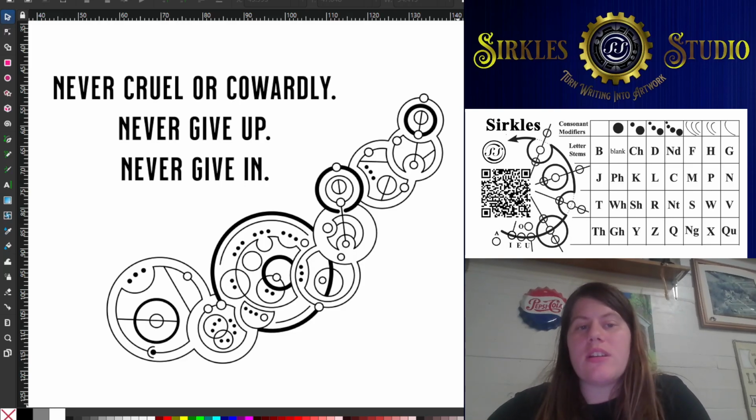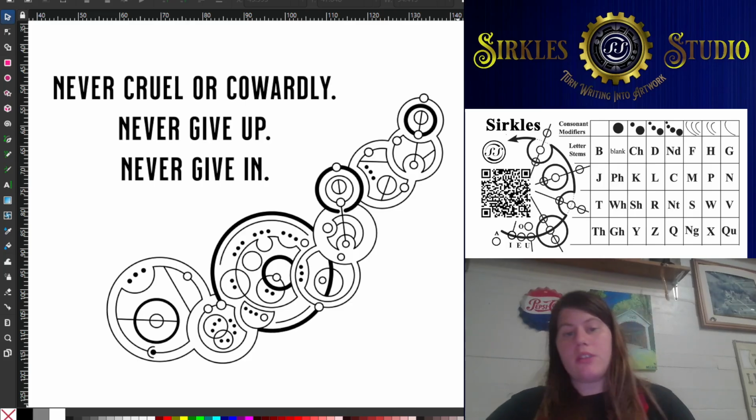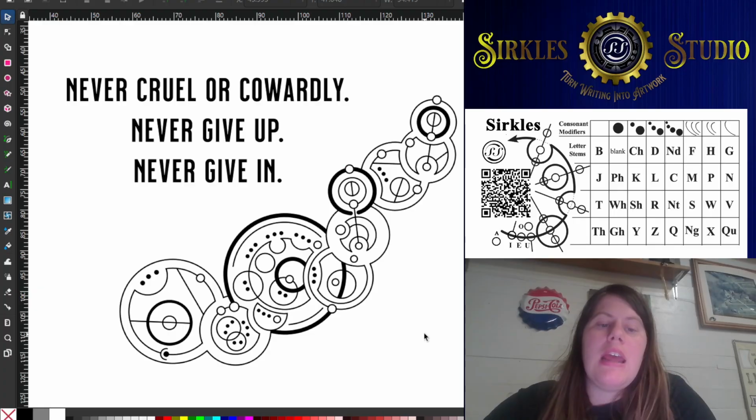It is another rendition of Never Cruel or Cowardly, Never Give Up, Never Give In, and it's designed to be from the center of the back going up towards the right shoulder, so that's why it's at an angle like that, to follow the trap muscles there. With that being said, let's talk a little bit about what can be adjusted in this design and still keep